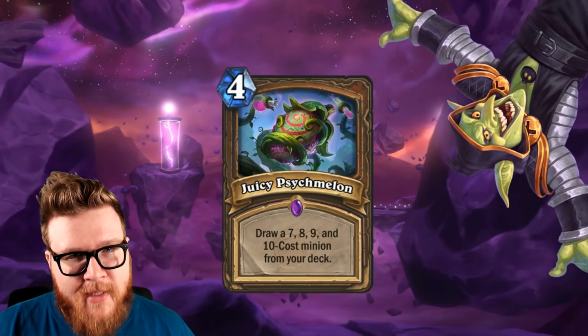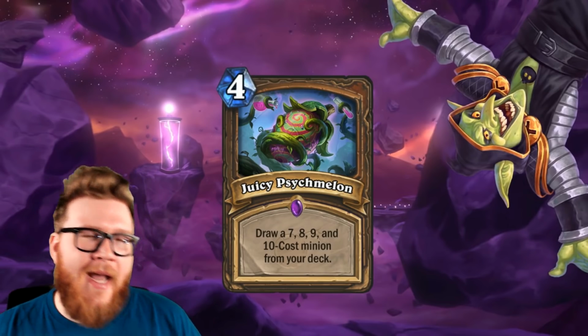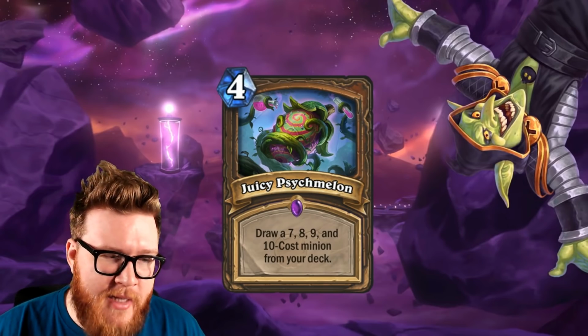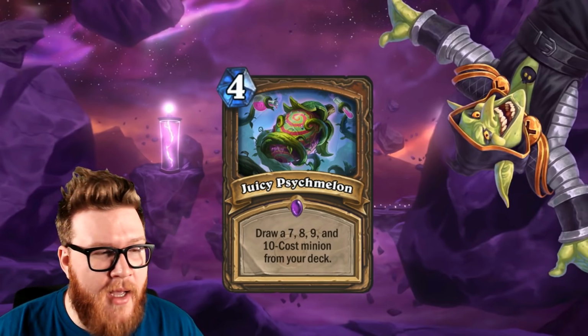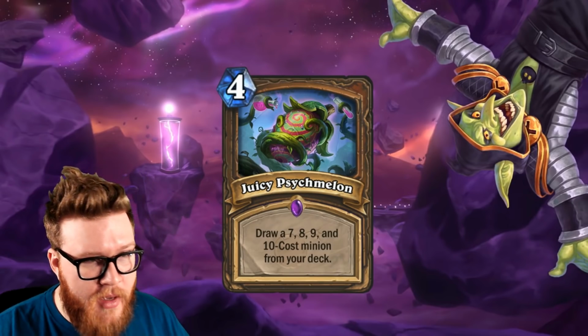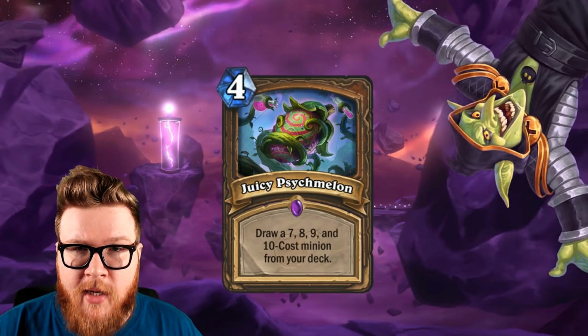going to require a specific kind of deck to make it work. It's not a general utility sort of card. And as soon as you start to draw any of those pieces, that 7, 8, 9, or 10 mana minion, Juicy Psychmelon gets really bad really fast. Because if you got a few of those in your hand and this only draws you 1 or 2 things, that's not worth it. That's just not nearly as good, and there was a huge opportunity cost to running this